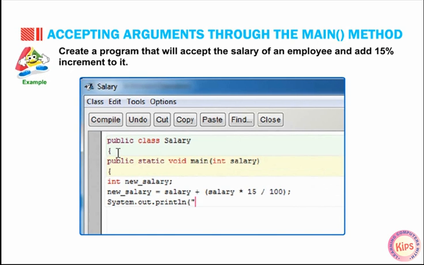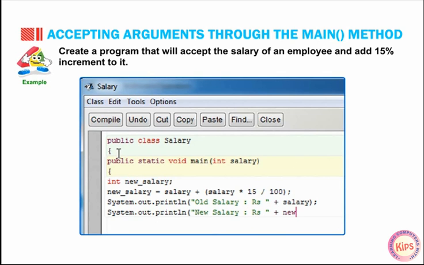System.out.println("Old salary: rupees " + salary); System.out.println("New salary: rupees " + new_salary); } }